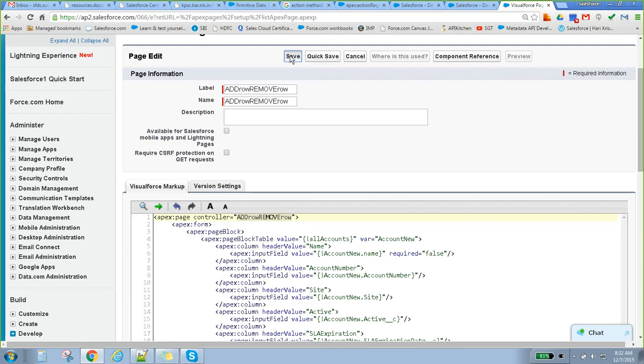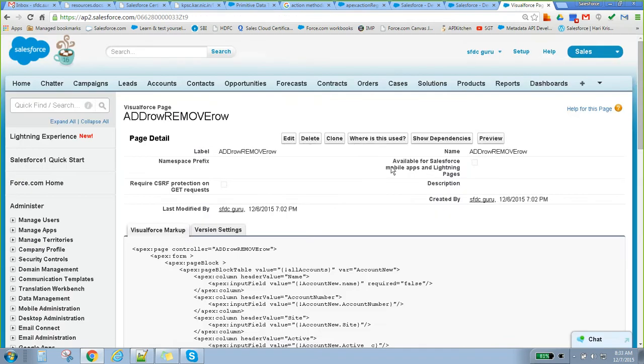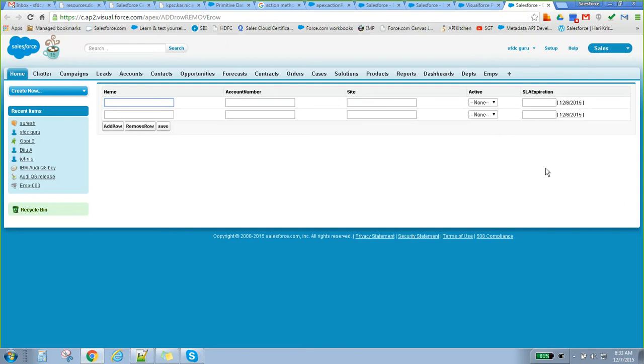The functionality of this particular page is adding or removing rows. Sometimes there will be a scenario like on sites such as Naukri or Monster, which give options for adding skills. By default it gives 3 or 4 rows, and whenever you want more rows, you can click an add row or plus button. That kind of functionality will come up in client projects.